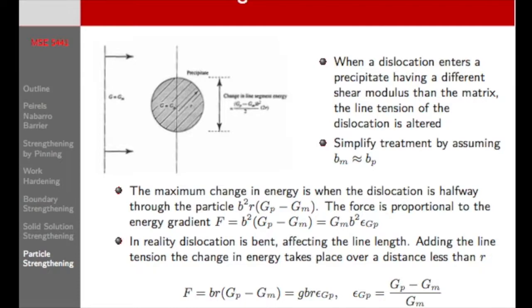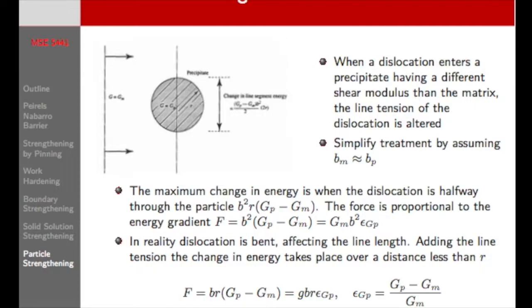When a dislocation cuts into a particle that has a different shear modulus, a different stiffness than the matrix, we're going to alter the line tension of that dislocation. The line tension of the dislocation is Gb squared. Out here we're G of the matrix, in here we're G of the particle. If this is stiffer, the dislocation has a higher line energy. If we're inside, it has a lower energy. So if we're cutting this particle,